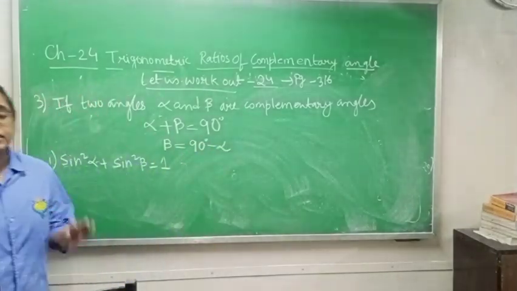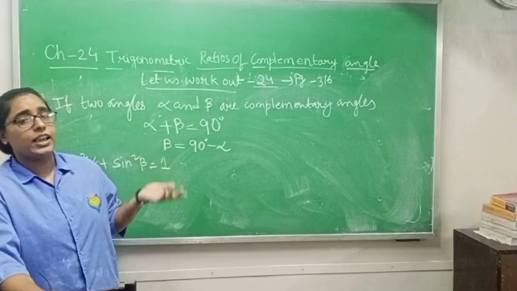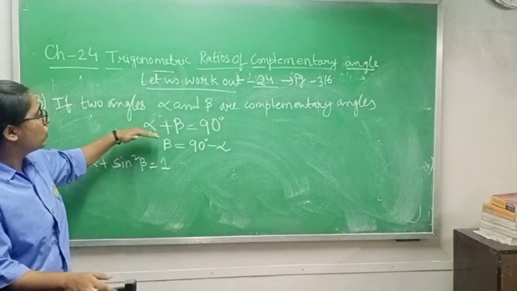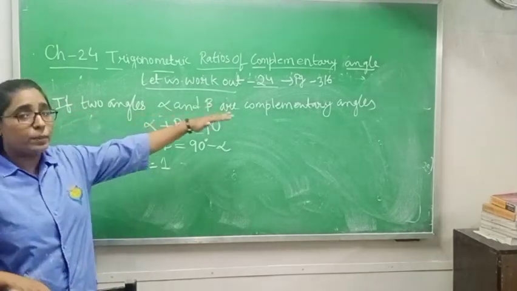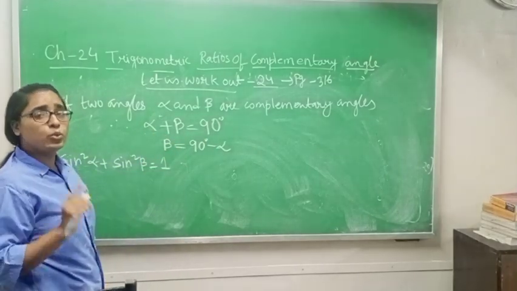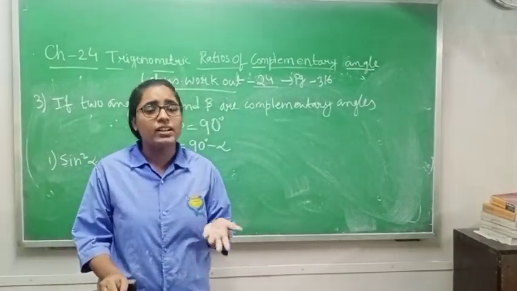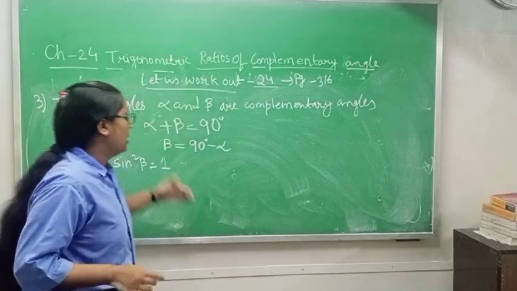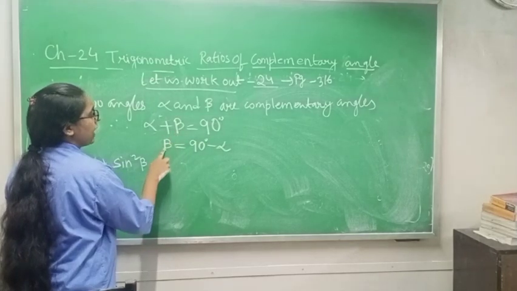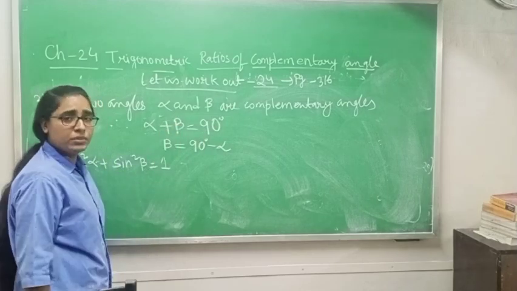Whenever this type of question is given that two angles alpha and beta, A and B, P and Q are complementary angles, at that time what you will do? You will write, if two angles alpha and beta are complementary, therefore alpha plus beta equals 90 degree, means the sum of two angles will be 90 degree. It is the property of complementary angles. From this relation, you will find the value of beta. So beta I am writing here only, and plus alpha I am taking that side, it will become minus alpha.